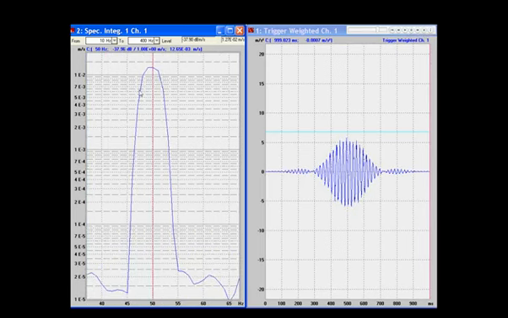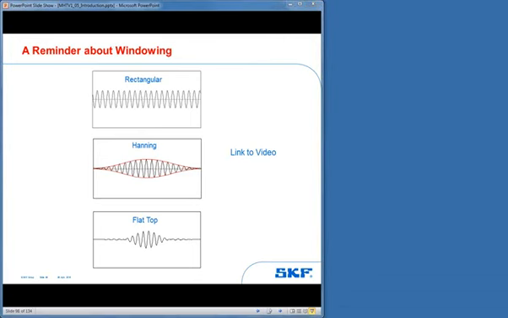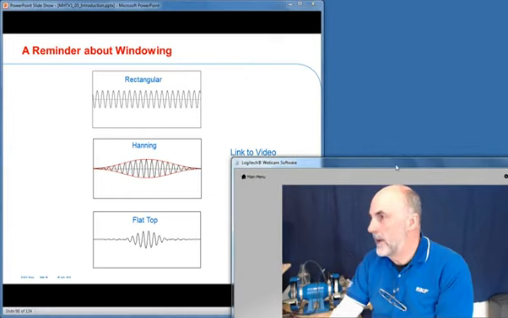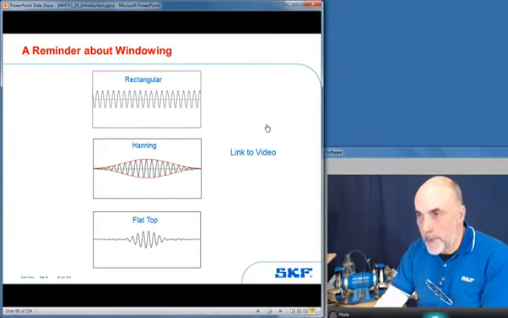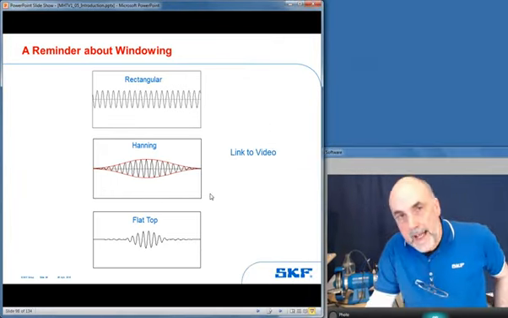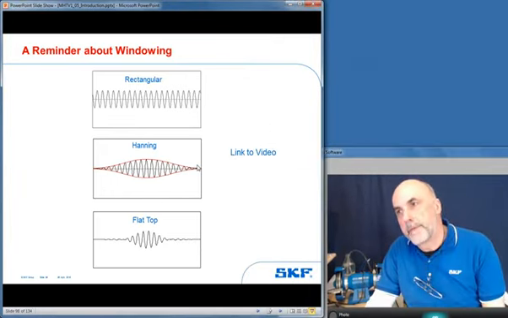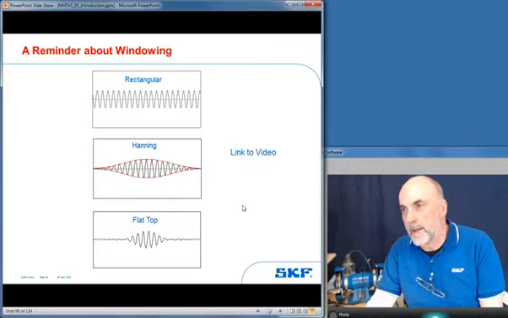There we go. The reason why it's called a flat top weighting window is that the spectral peak has a flat top to it. So we lose out on the frequency resolution, but we gain on the amplitude resolution, or accuracy. Sorry, I kind of breezed through that. Hello again. I breezed through that because the salient point is the fact that we've got this Hanning weighting window.